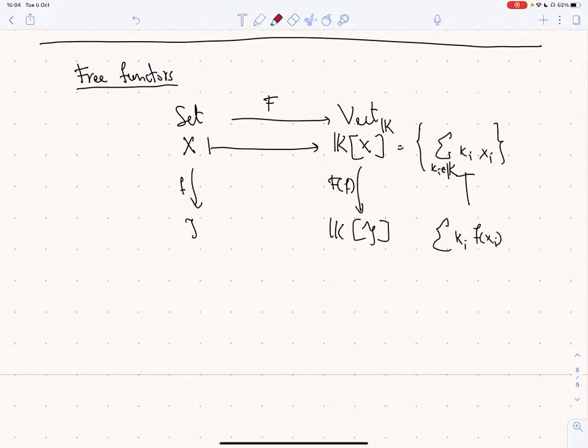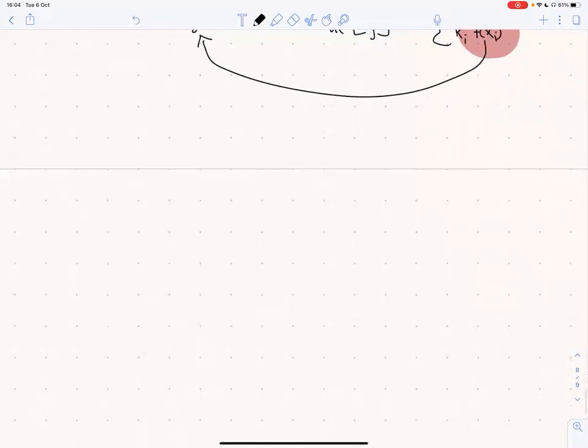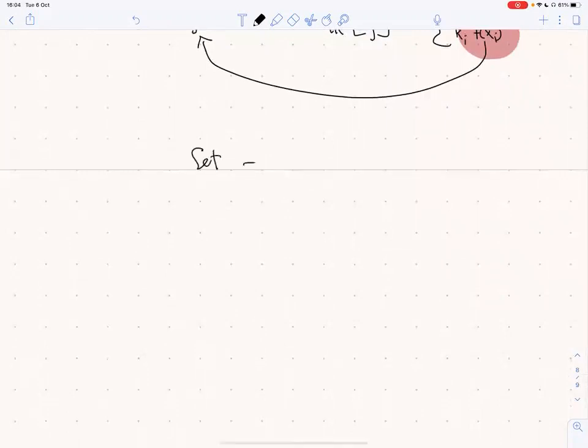And of course, this does make sense because this f(x_i) is inside Y and thus is in the basis of K of Y. So this is really a functorial assignment. And in the class of free functors, we have many examples like this. So for example, we could go from Set to abelian groups, sending X to